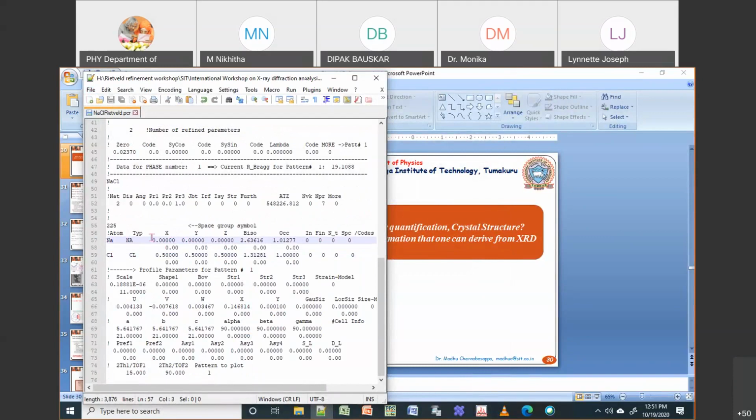But when it comes to the second one, here you need to give properly. Na, only Na. Don't try to write Na1, Na2. Then you will get error message, which means it cannot find the atom. Same thing here, Cl should be in capital. I cannot write Cl1, Cl2. So these are some things you need to keep in mind. You can also write Na1 or Cl1 or just Na in the first one, doesn't matter. That is fine.